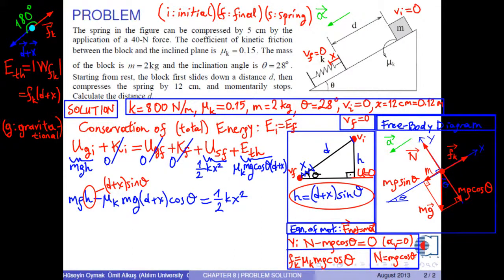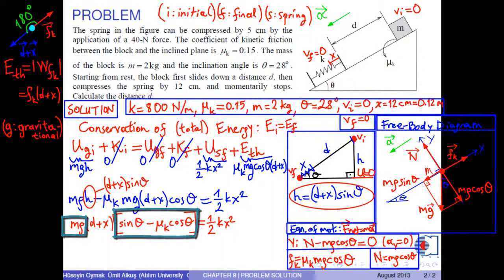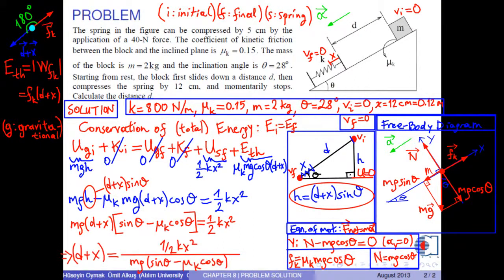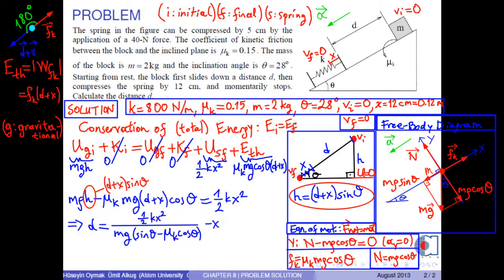On the left-hand side, m times g times (d plus x) is common. From this, if we divide both sides by m times g times (sine theta minus mu k times cosine theta), we obtain d plus x as, or if we take x on the left-hand side to the right-hand side, we obtain an expression for d as,